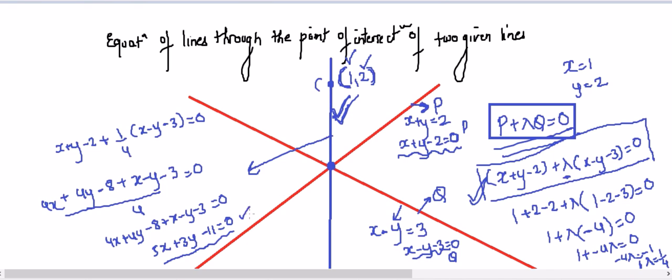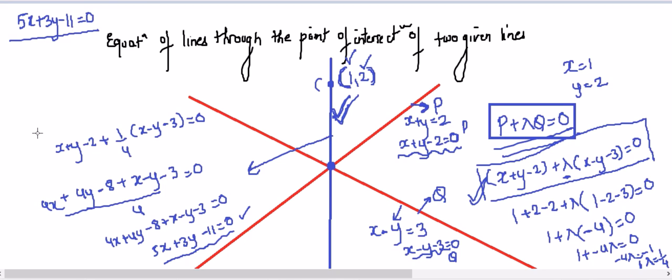Or there is an alternative method which is quite simple to understand. The first one is a bit hectic, you can say a cumbersome, long process. This is comparatively a shorter process, but also simpler, and you can go for that. So let me first write down the equation that we got: 5x plus 3y minus 11 equals 0.